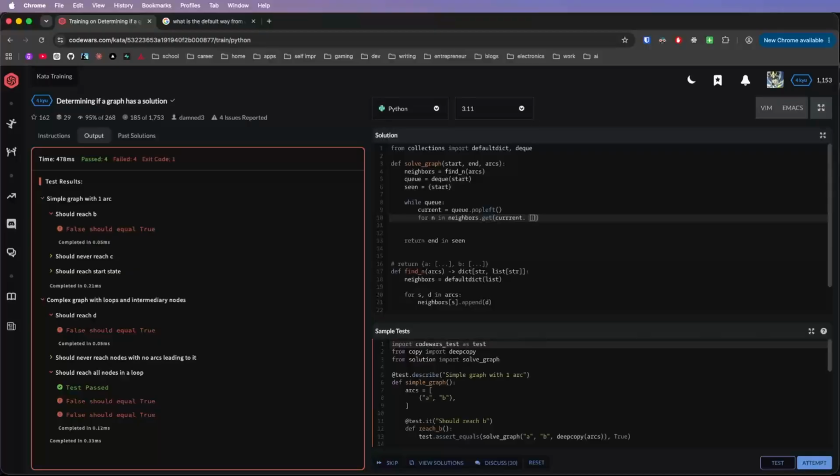Basically, this will give us the array for the current. But if there's no key for that specific node, then it will just feed an empty list. So basically the loop will go to the next neighbor. So now we'll see if the specific, let's see if